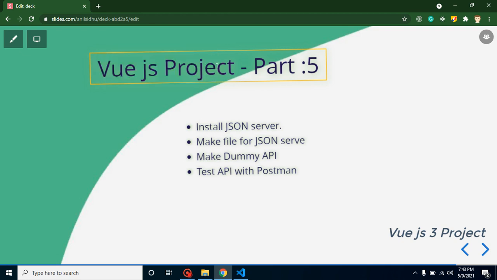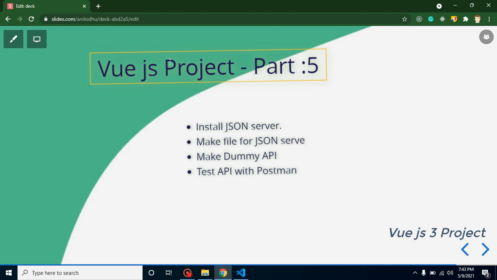Now, if I start making APIs in PHP or Java or Python, it will take lots of time, right? And we don't want to waste time because API development is part of the backend developer's job, not a Vue.js developer's. So we can use JSON server to make APIs fast and easily, right?